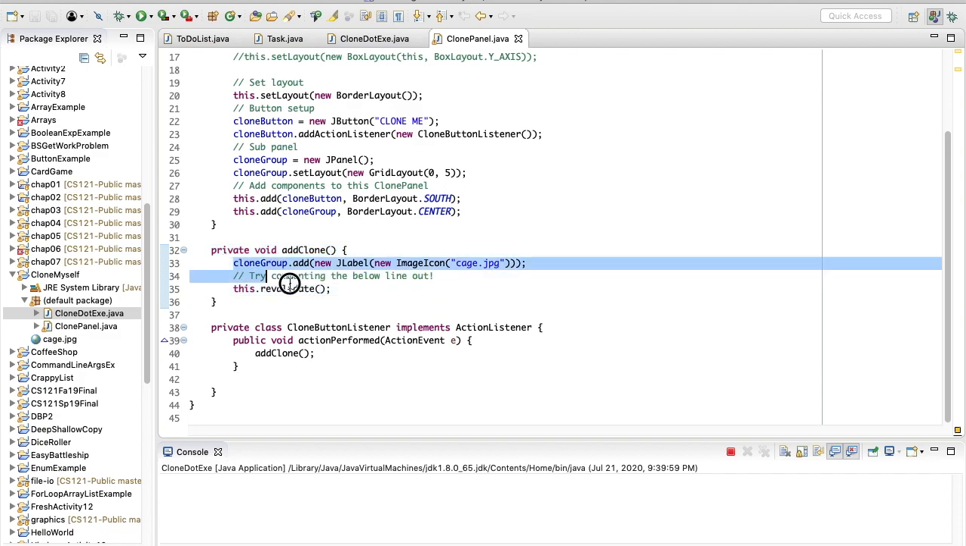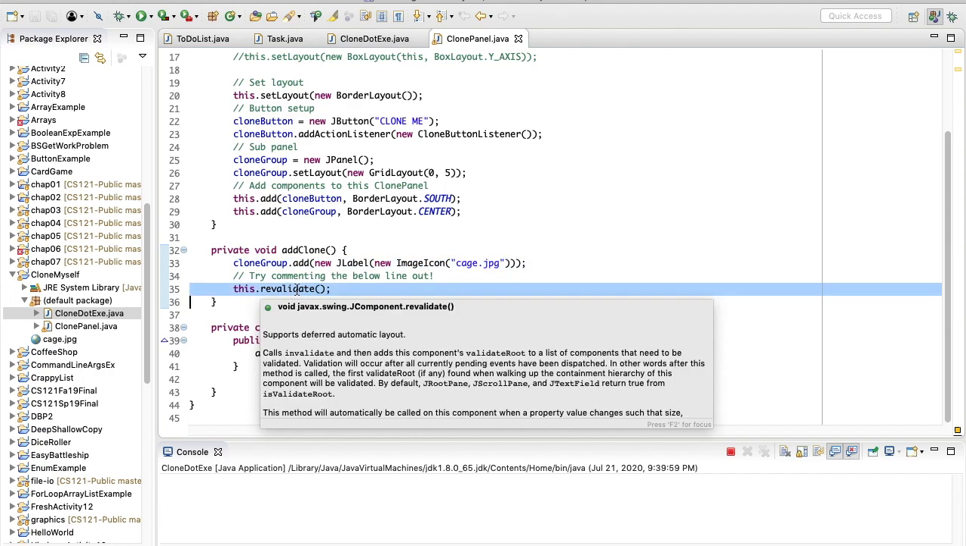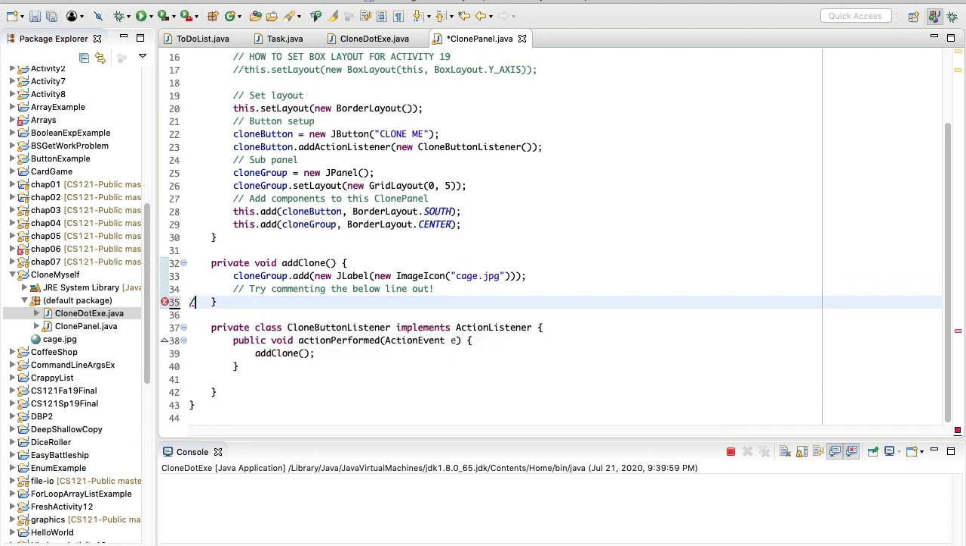I could have just as easily done this inside of the actionPerformed method, but I wanted to create a separate method to handle it to separate out that logic. Notice to our clone group, we just add a new JLabel, and we create that JLabel in the parameters of the add method. Inside the JLabel constructor, there is a constructor that takes an image icon, and we create that image icon, we pass it a file name of the image we wanted to add. Now, if I comment out that revalidate line down here,